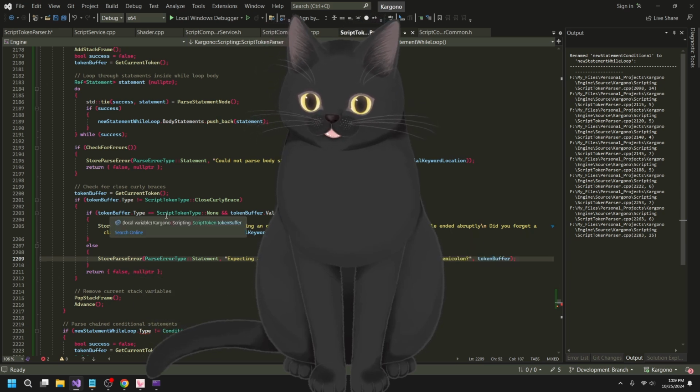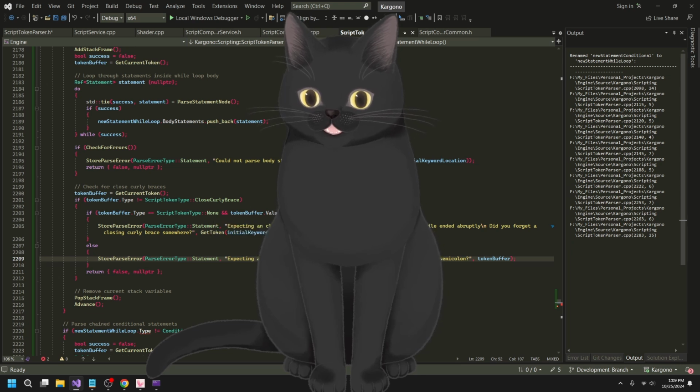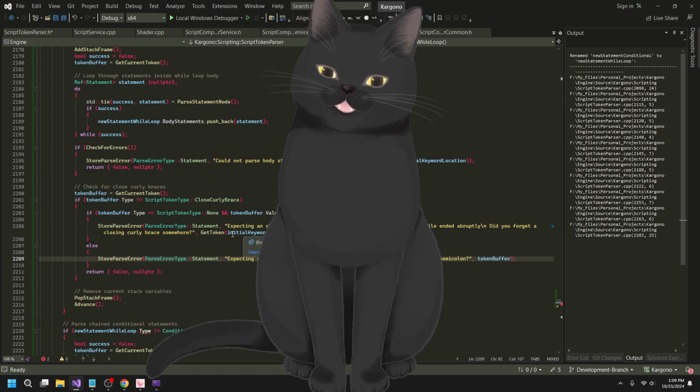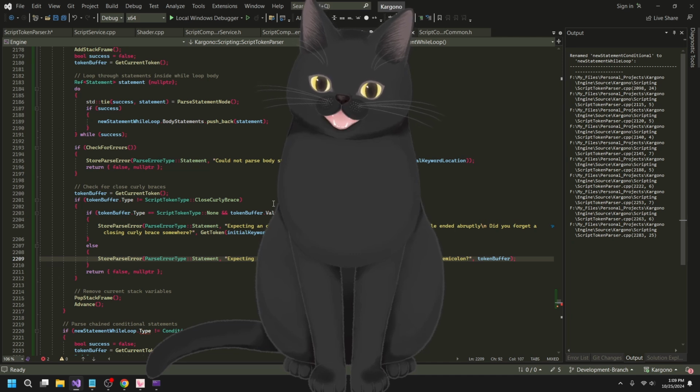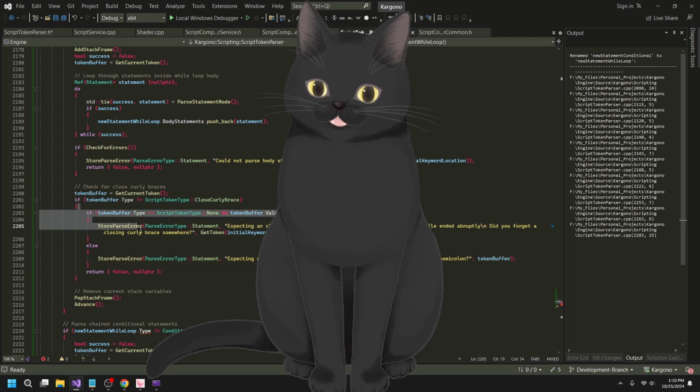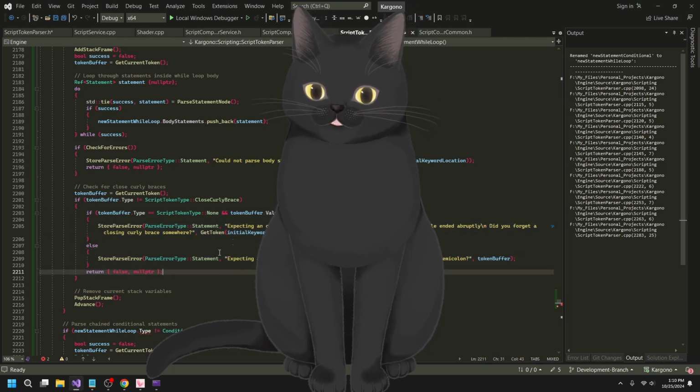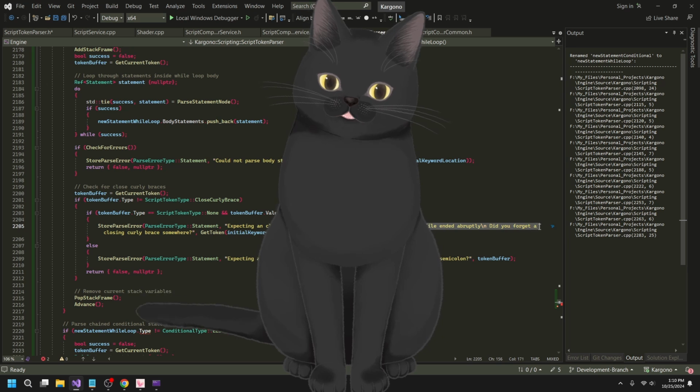If token buffer type is equal to script token type none, and that is equal to end of file. Oh, okay, so this just checks for, say, you didn't properly close the curly braces, or maybe there was some weird end of file issue. I think I handled that here, and then it'll just throw a very clear statement saying, hey, you didn't end the file properly, what's wrong with you?